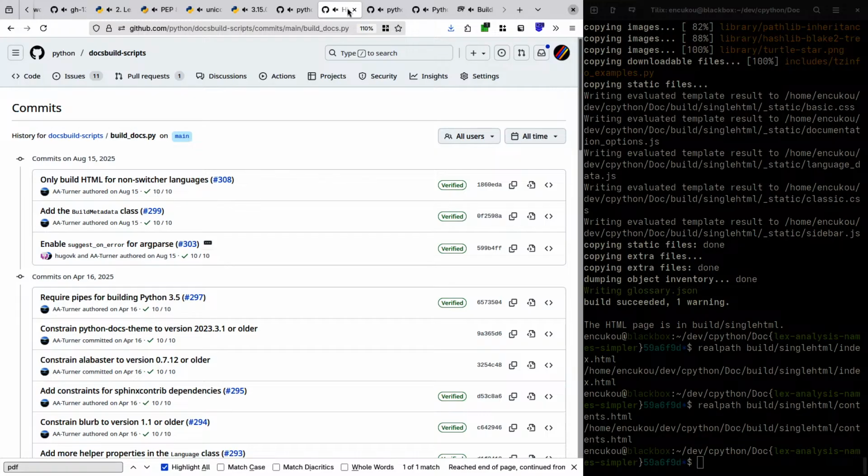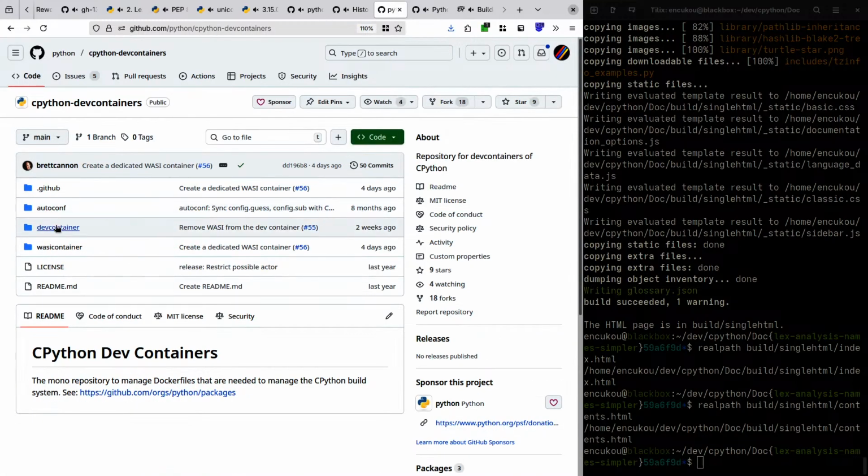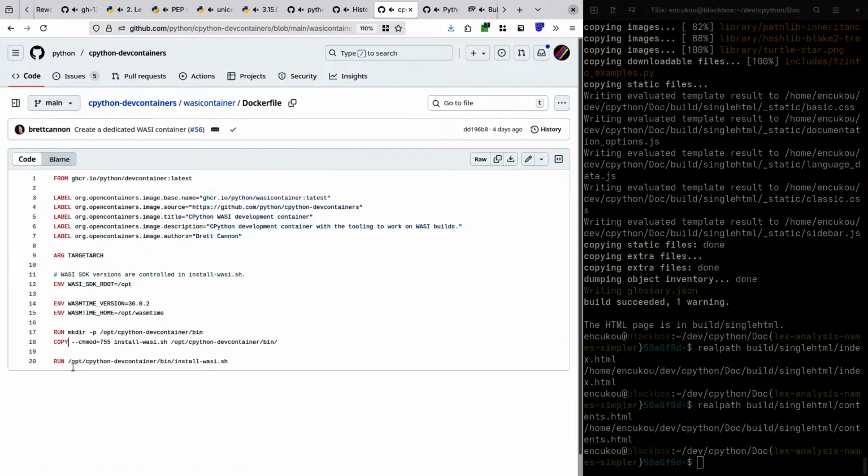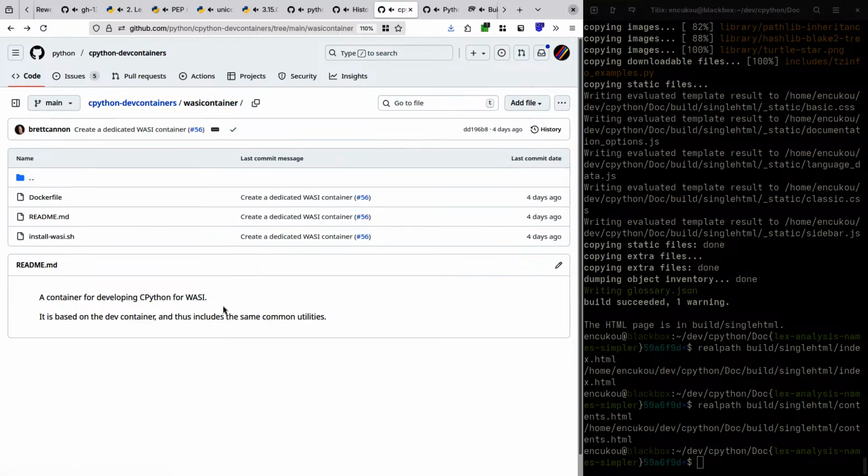So you'll want to make a Dockerfile, and that will go into CPython dev containers. But how do I run a Docker container effectively from the build scripts? Don't worry about that for now, I would say. Okay. So make a Dockerfile, make it as simple as possible, and somebody more familiar with the docs build scripts can probably put it in.